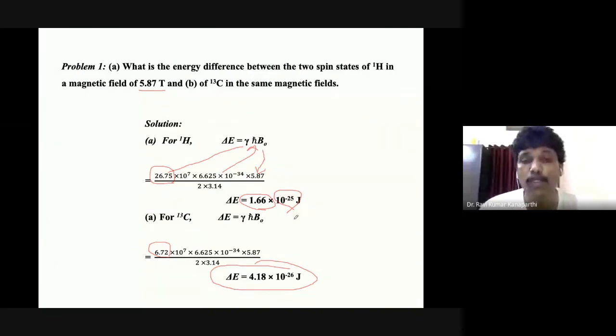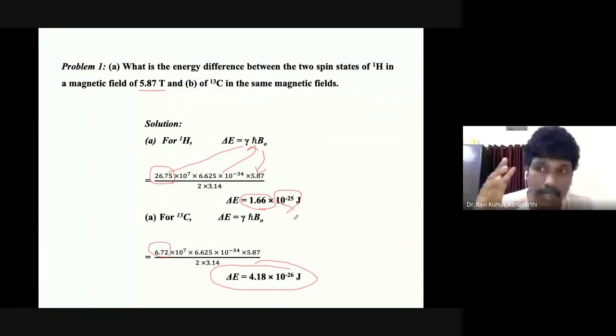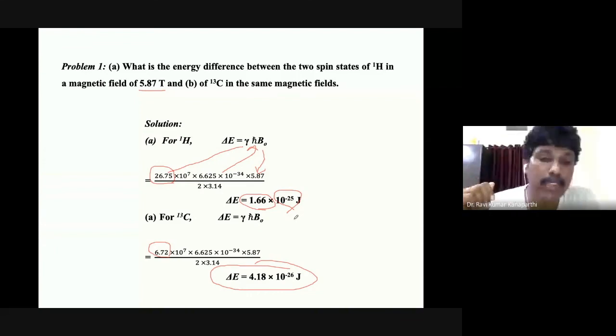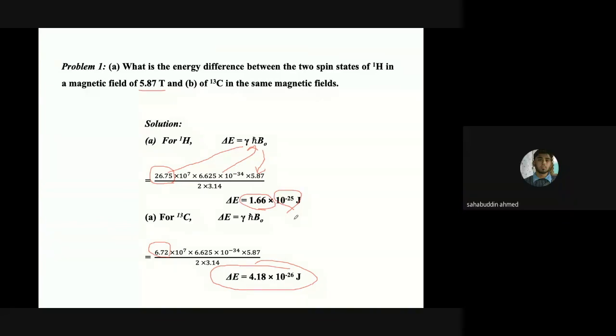In any spectroscopy technique, if we have a huge population difference between the ground state and the excited state, then we can have different transitions, and that tells you whether it is sensitive or insensitive. So NMR is concerned that since the energy levels are very close,